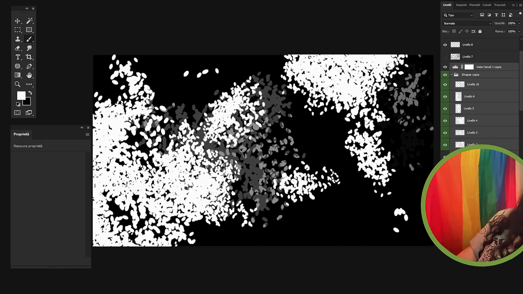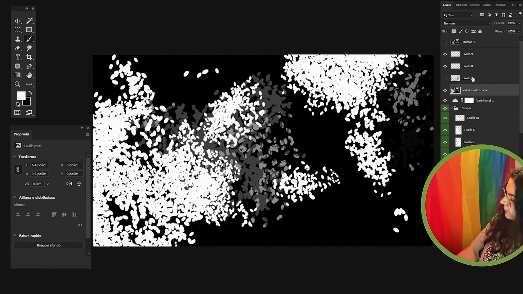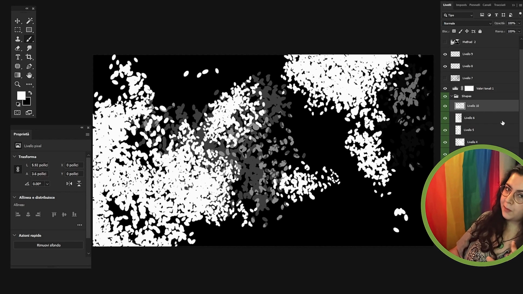Let me flatten everything and call it method 2. My intention here was to mix up the rice technique with the eye map technique in a digital way, but honestly we can do even better. There is something that is really common in the eye map technique, and it is clouds. I'm not talking about real clouds, I'm talking about the filter clouds.